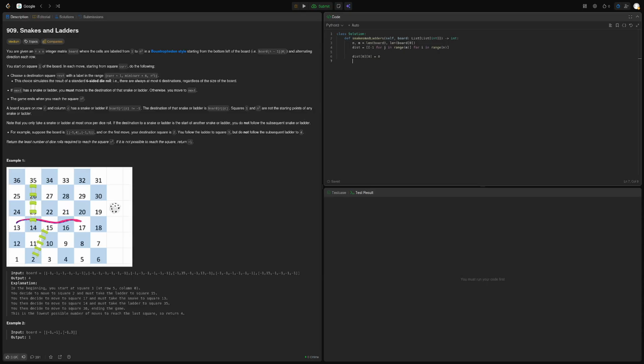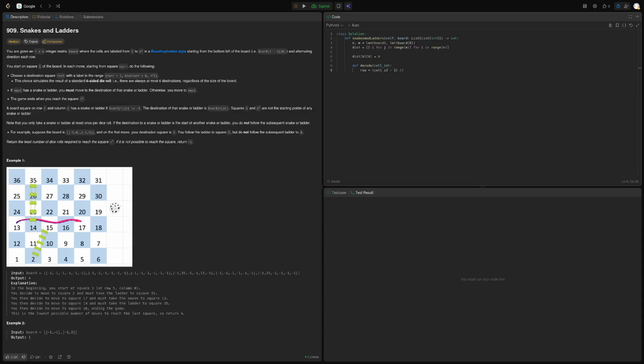So def decode, cell ID, and then row is equal to cell ID